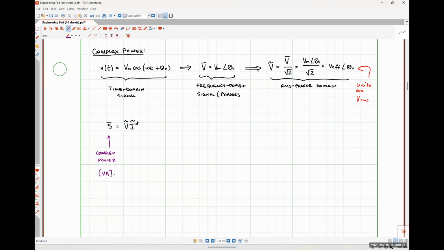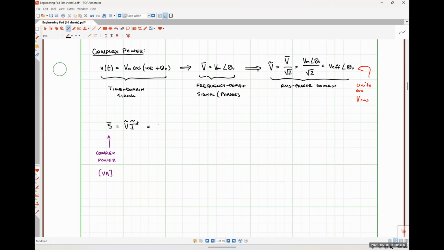Root mean squared. So if complex power is defined as the product of the multiplication of two RMS phasor quantities, or two complex numbers, then that means our complex power is also a complex number. So that means that we can express it in rectangular form or polar form. So I'm going to work on the rectangular form expression first. In rectangular form, this is going to look like